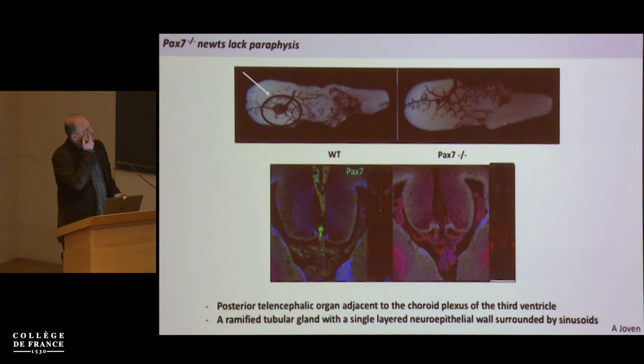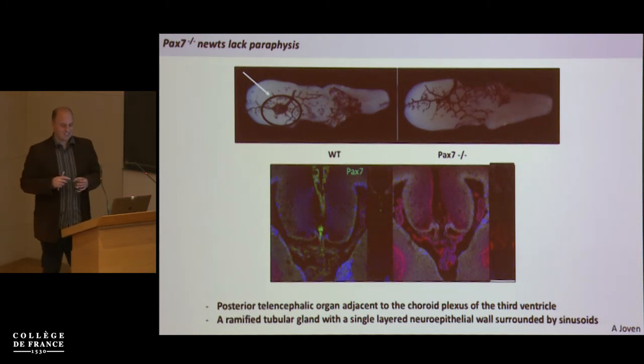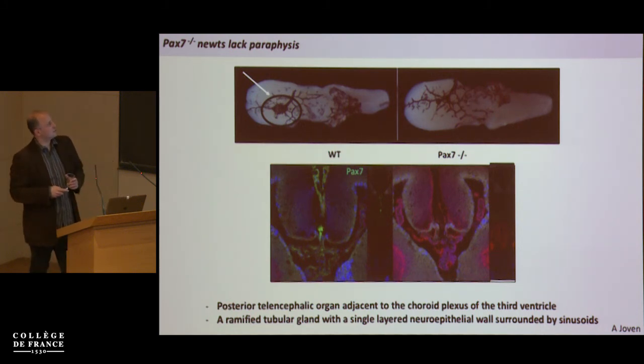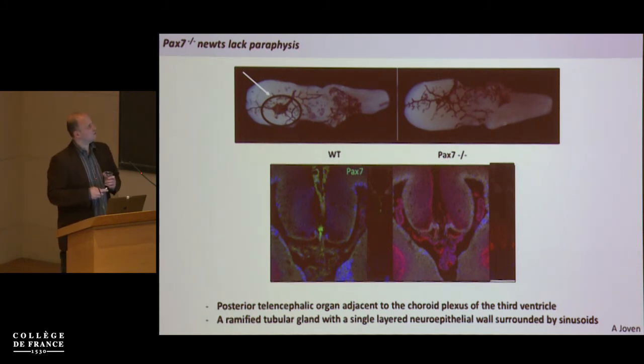Now, since we are looking at brain regeneration as well, and the data that we have in the lab, I will not have time to show, but obviously my lab, a postdoc, Alberto Joven, realized that they have very interesting morphological differences in terms of the brain vasculature development. So this is a structure called the paraphysis,